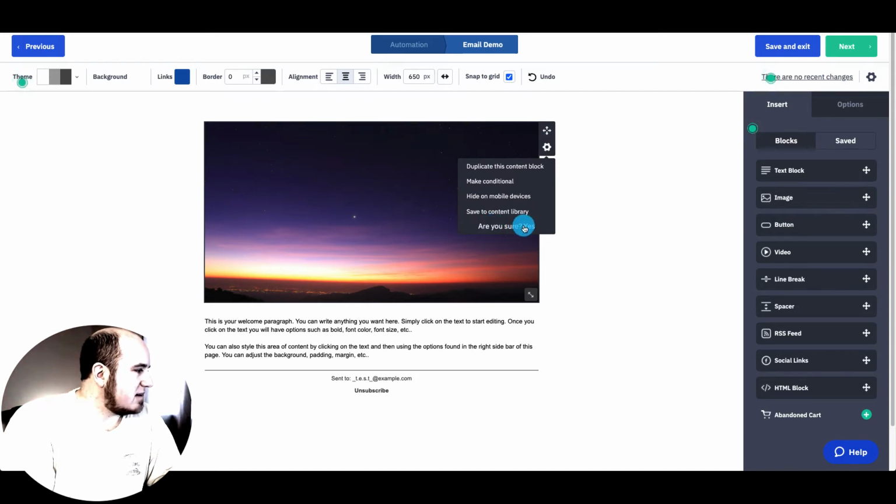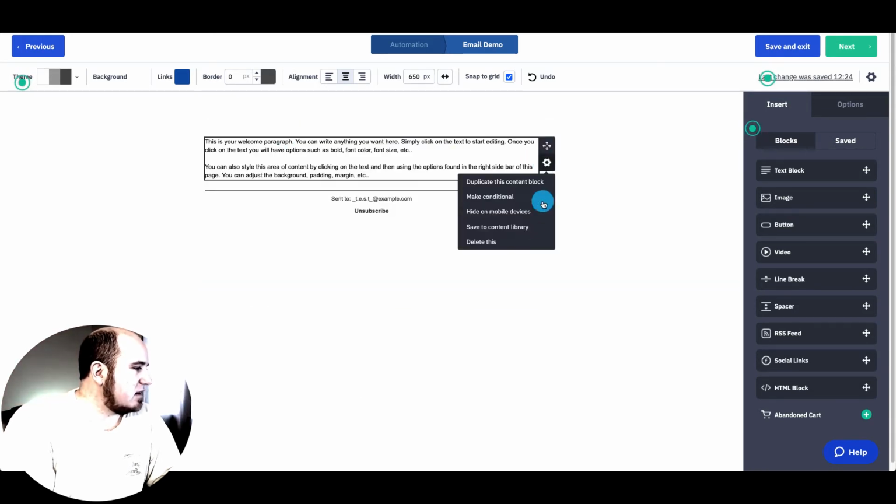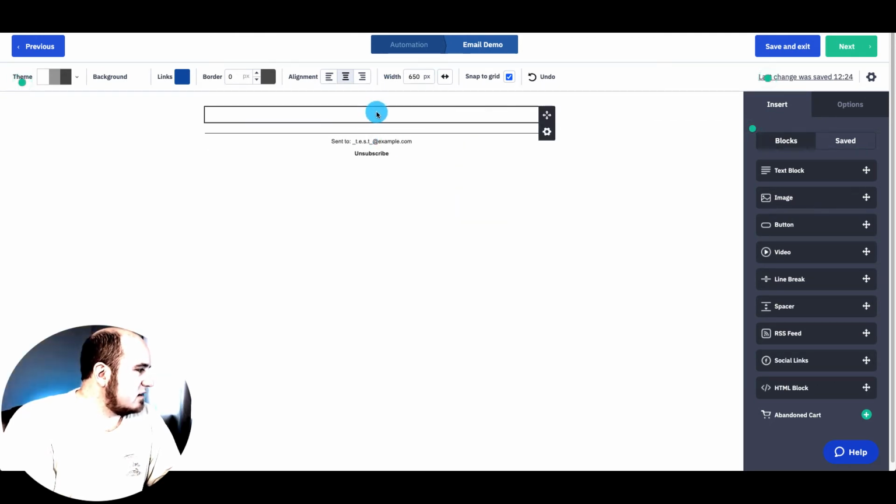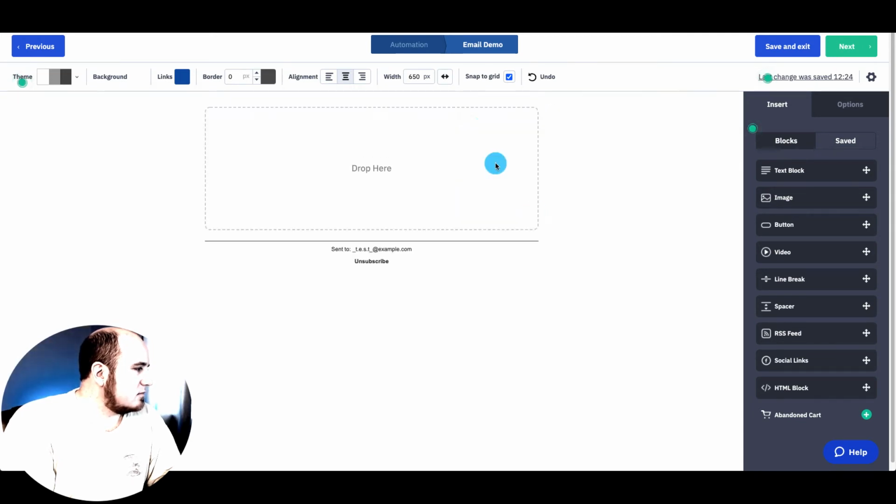So I'm going to delete out this, hit yes. I'm going to delete out this, hit yes. All these fields in here I'm just going to basically delete out, and I'm going to start from scratch. So the first thing I do is put a text block in,